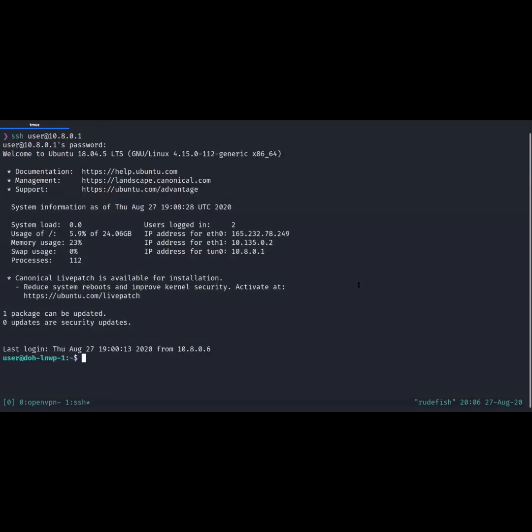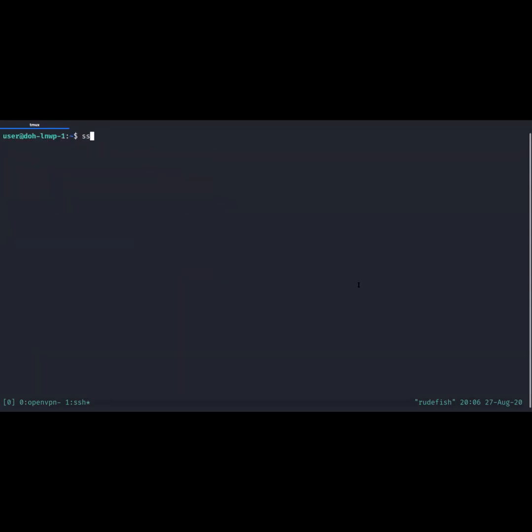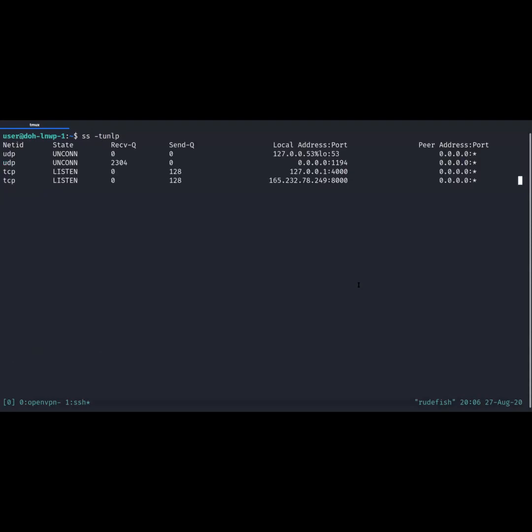From what we learned yesterday, we know how to check services that are bound to interfaces. So we are going to log in again to our server, and we'll run the netstat command or the ss command, any one you choose. And you can see that you have a port 4000 open, but